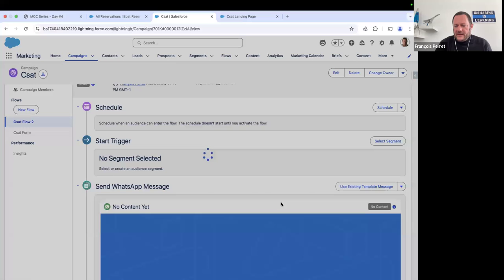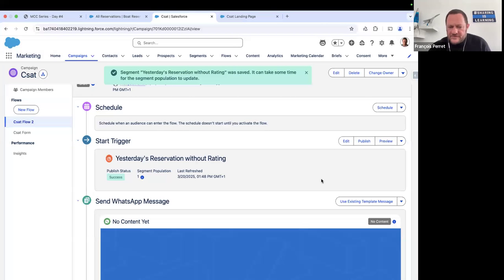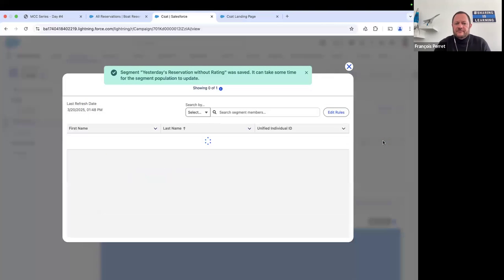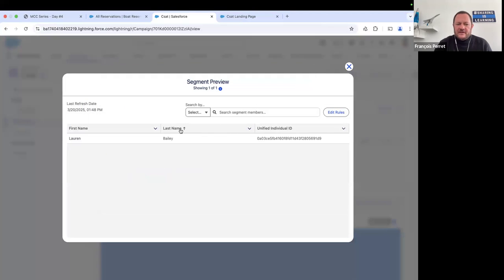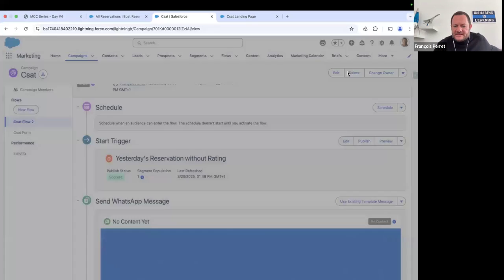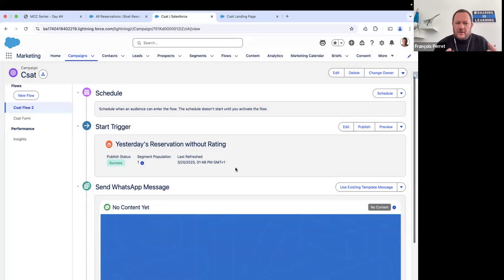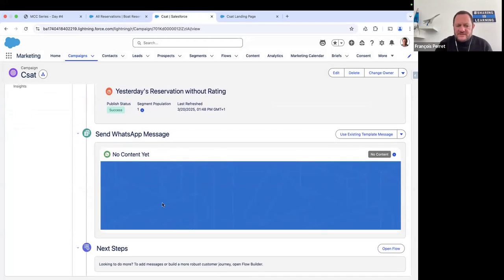And here will appear a very nice button giving me access to the segment itself and to the preview of the segment. And so I'll just open it, and here I'll see that I have my Lauren Bailey, which is the one matching the criteria I've been adding inside the campaign itself. So we've done here. We've said who would trigger the campaign. Now, what is the message that we want to send? Here we want to send a WhatsApp message. This is the goal of the